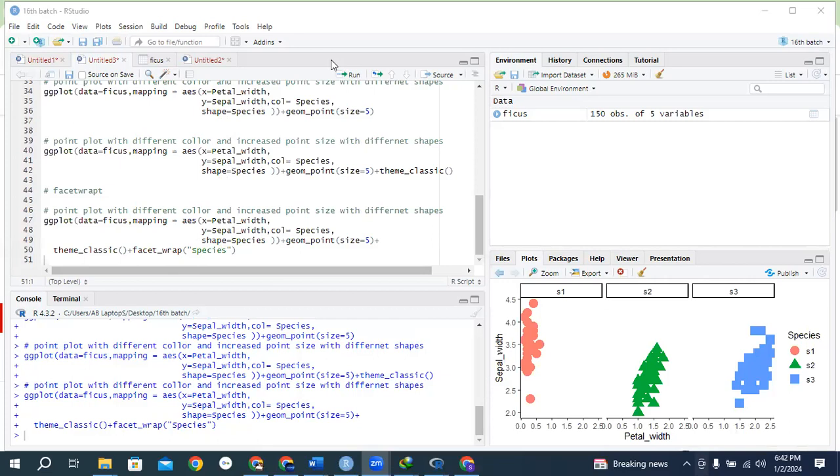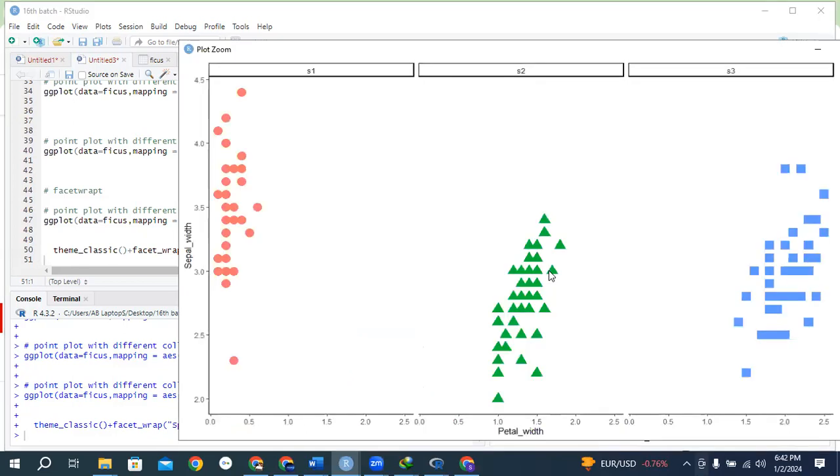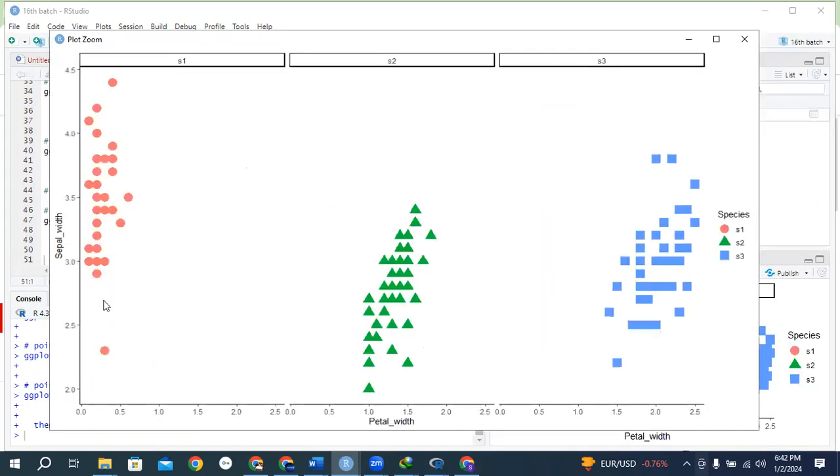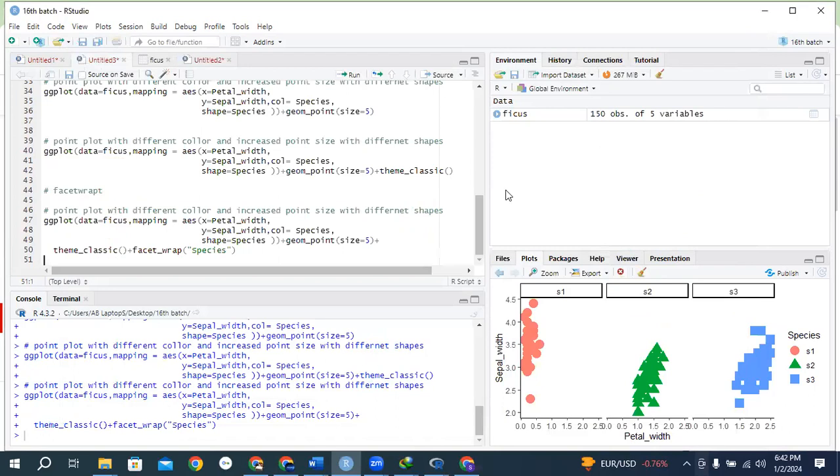Okay. Now you can see the plot is divided into three groups based on facet wrap. So this function will be used when you have a lot of data and all data is mixing with each other. Then you can use facet wrap. It creates groups that are S1, S2, and S3. And the data of species S1 is here, S2 is here, and S3 is here. So please draw this plot